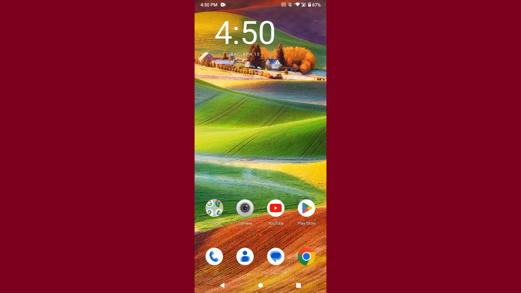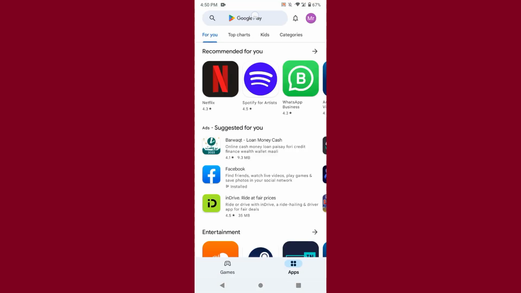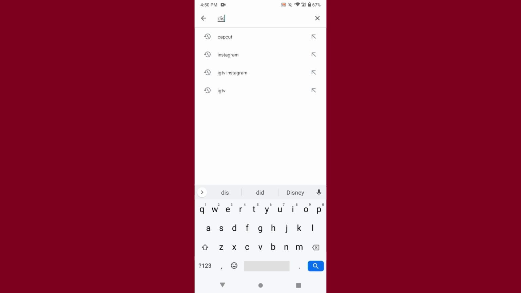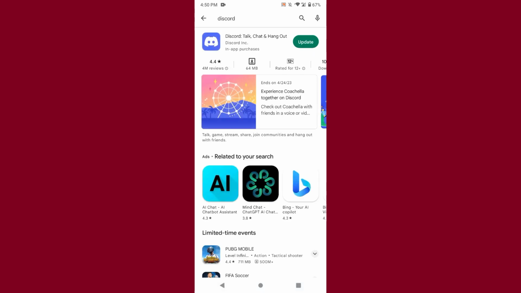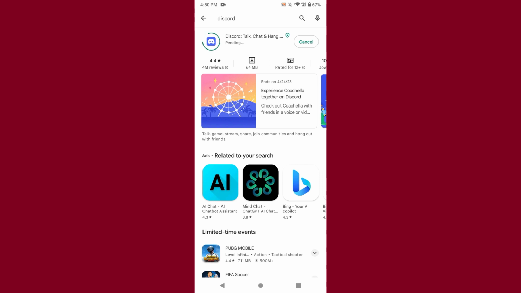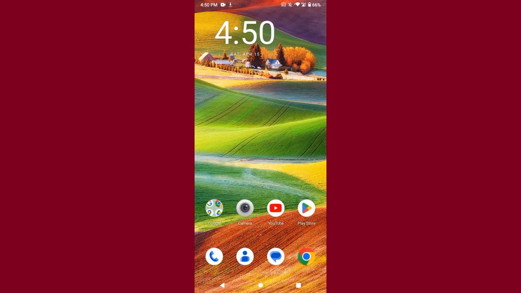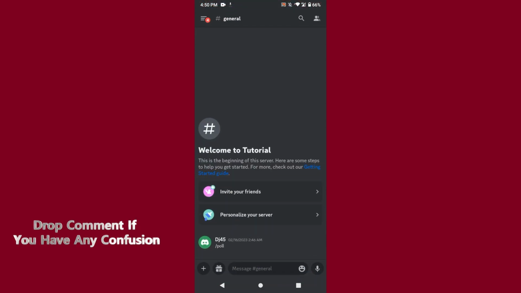First of all, you have to open your Play Store application, and after that you have to search for Discord right here, and here you will see the update button. Just click on it. Once your Discord is updated, simply go back and open your Discord, and after that